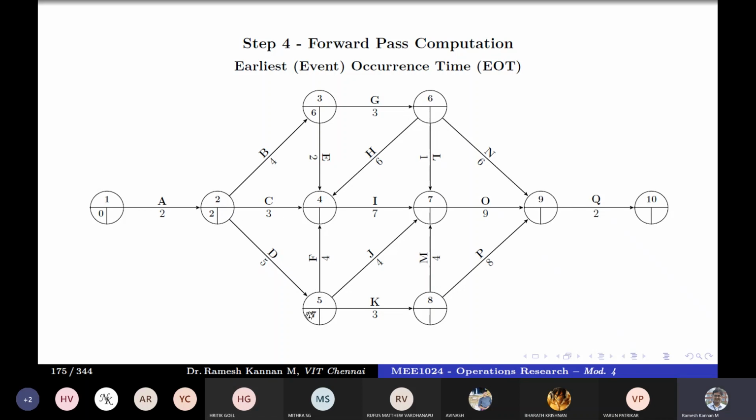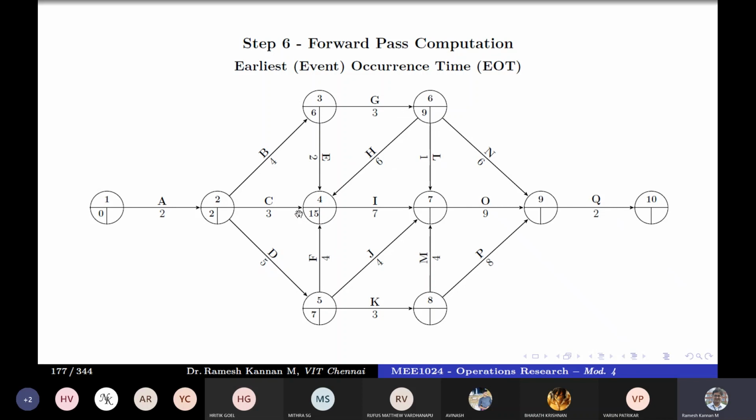So it is 2 plus 5 is 7, right? So 7 plus 4 is 11, right? So 2 plus 3 is 5 and 5 plus 7 is 12. I beg your pardon, 7 plus 4 is 11 and 6 plus 2 is 8. And we also take a look at here. It is 6 plus 3 is 9. Then 9 plus 6 is 15, right? So out of this, I think 15 is the largest. This is just 7 plus 4 is 11. Then 9 plus 6 is 15. So that's why we have got 15 here.